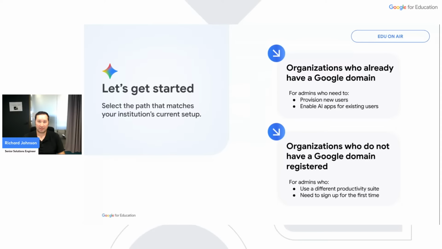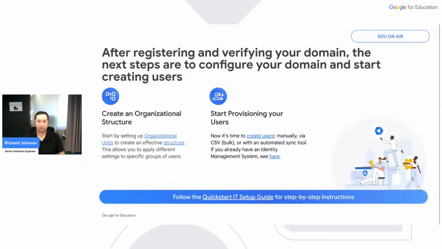So let's look at what it takes to set up a new Google for Education tenant so Gemini can be easily activated. After signing up for the new tenant, we need to make sure that organizational units are set up correctly. Organizational units are essentially buckets that are static. It allows you to turn on or configure services for buckets of users. An example of this is a department or faculty being a top-level bucket with academics and students as sub-OUs or organizational units.